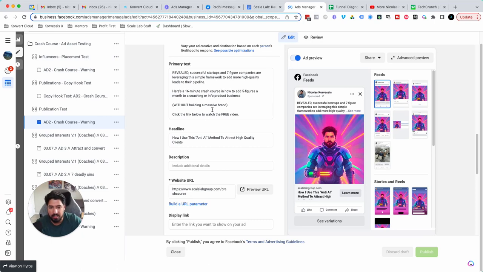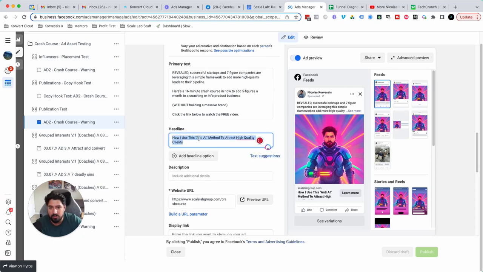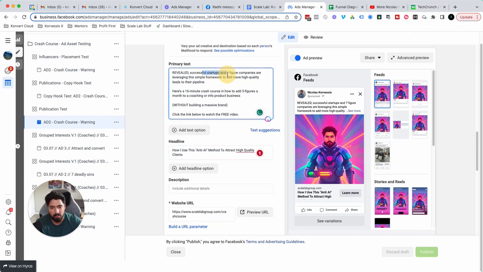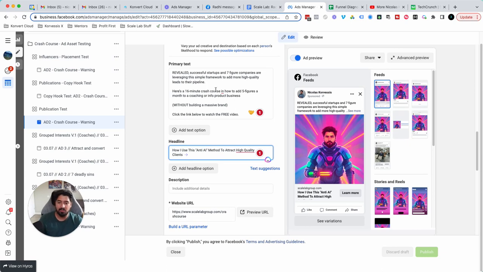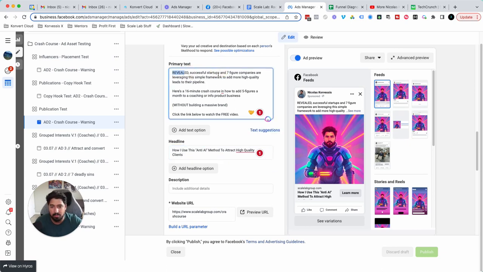The second thing I did is I just tweaked the headline. How I use this anti-AI method to attract high-quality clients. Once again, relating to what other people are talking about, relating to the audience that I'm targeting by speaking about things that they're probably looking at, right? If someone is interested in TechCrunch, they probably are interested in startups. They're probably interested in AI. AI is a pretty big buzzword right now as well, but the successful startups, not necessarily. But it's a really easy way